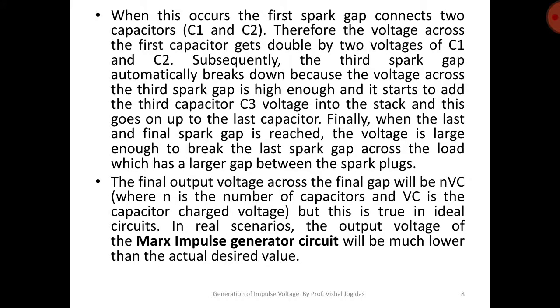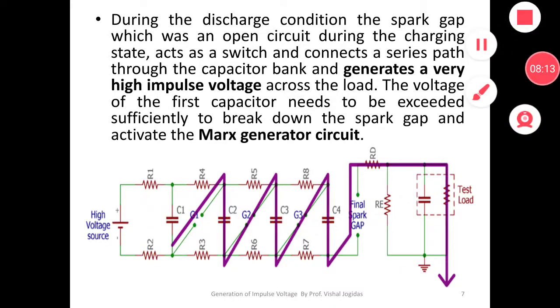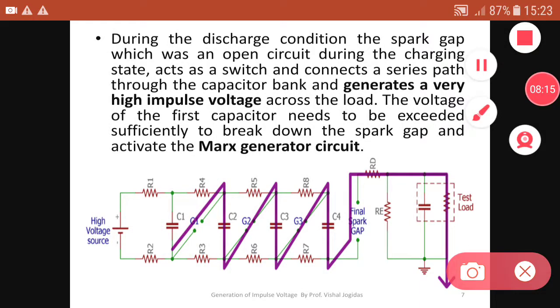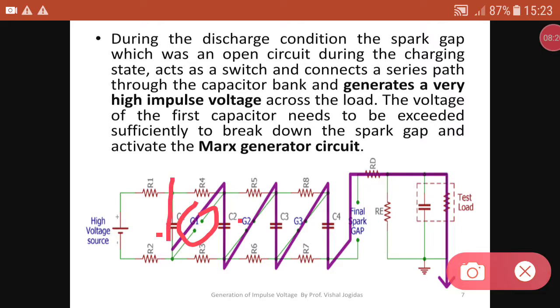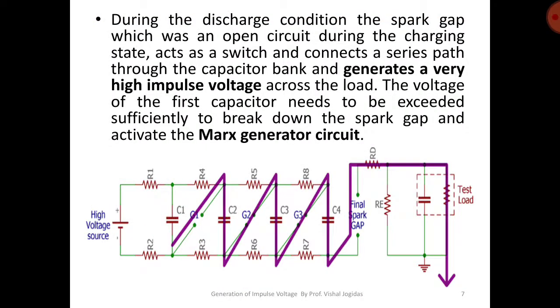When this occurs, the first spark gap connects two capacitors, C1 and C2. Here we can see how this spark gap connects these two capacitors this way. So when spark gap 1 is triggered, capacitors C1 and C2 come into the picture and the output voltage will